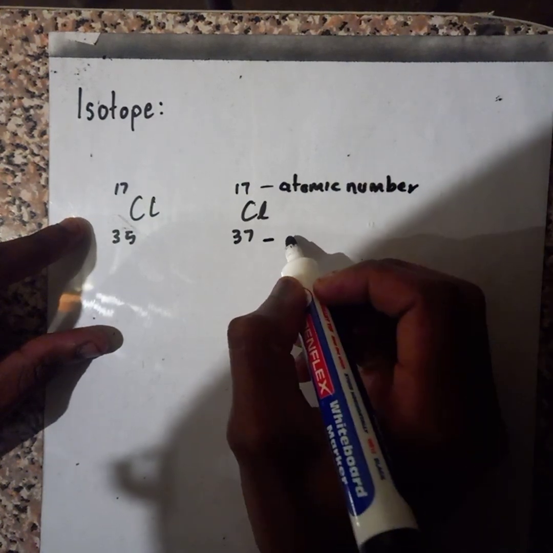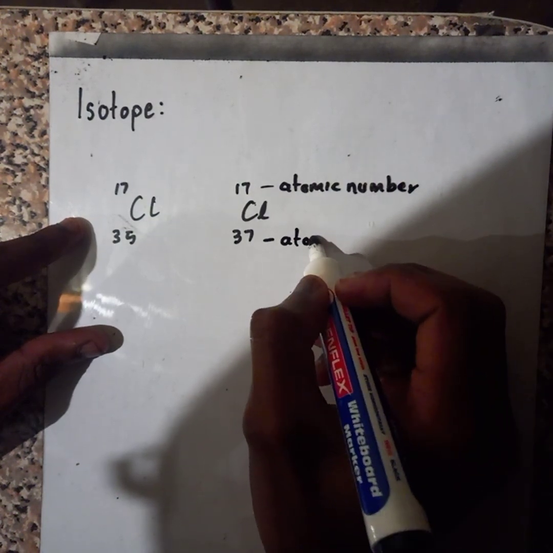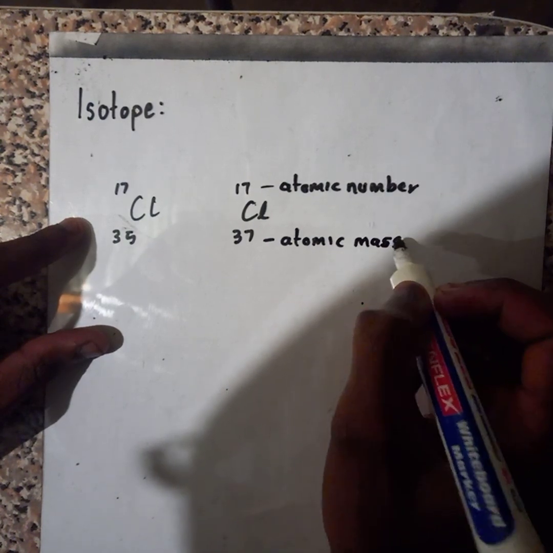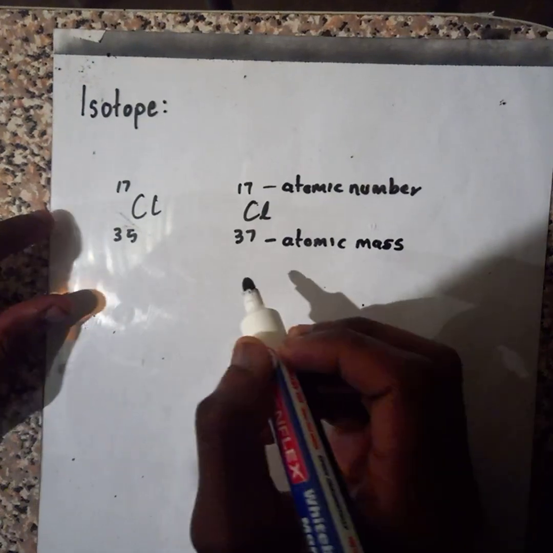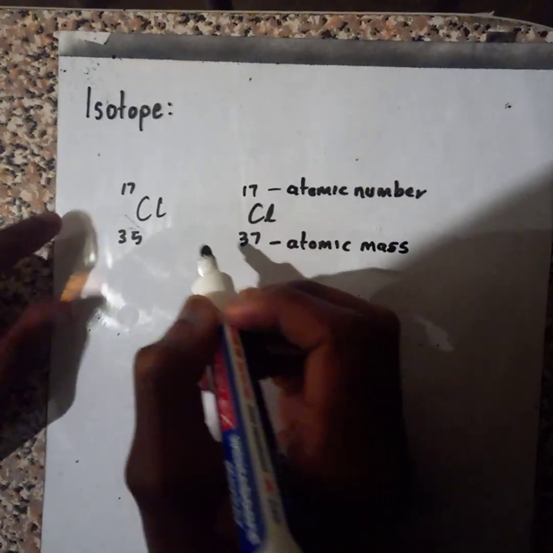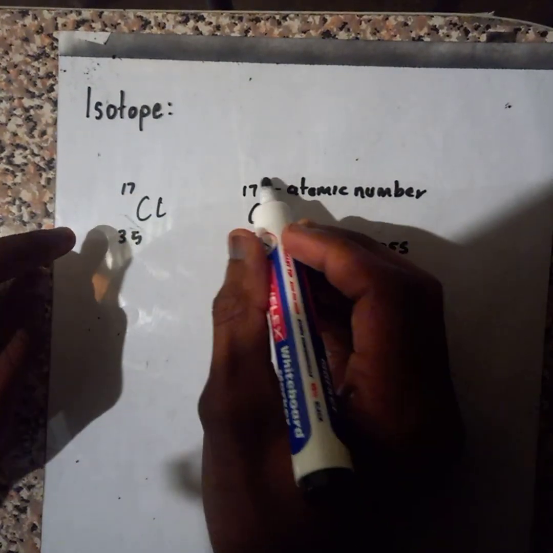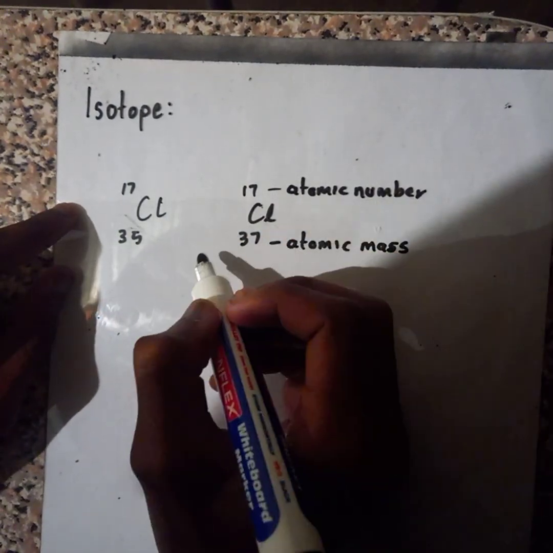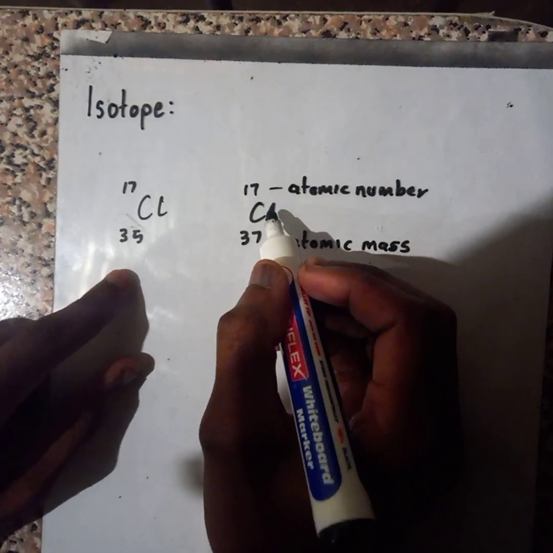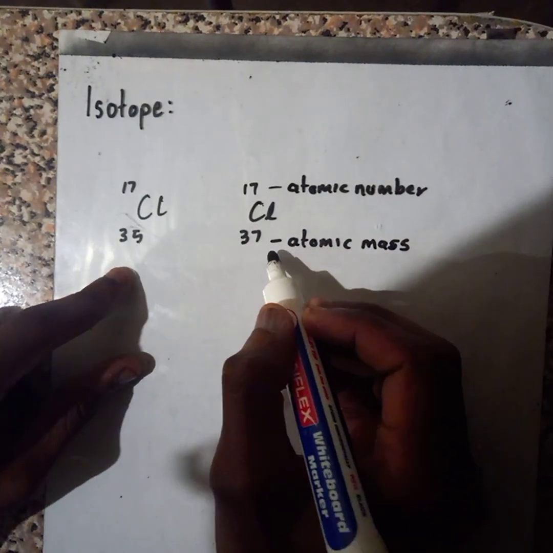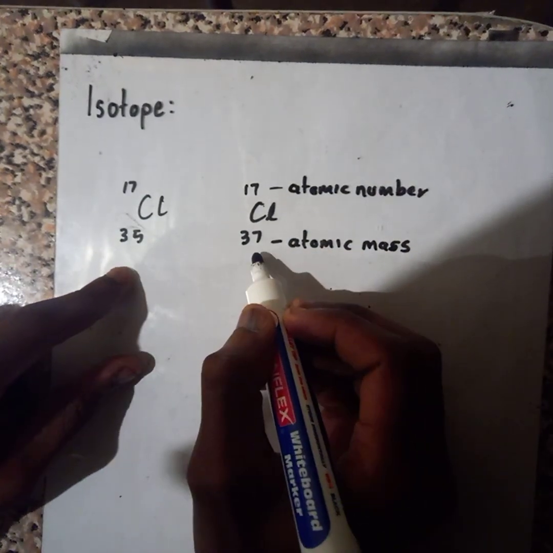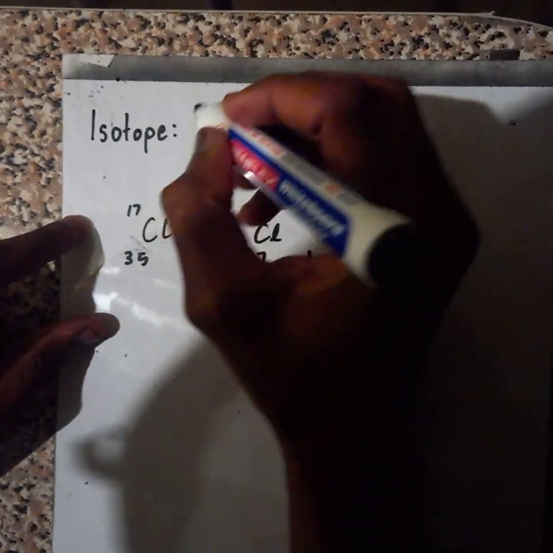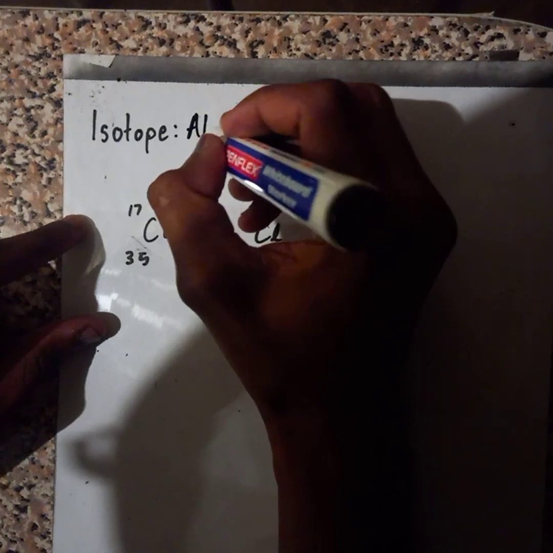We also have the atomic mass for each. If you can clearly look at these two, we have the first one and we also have the second one. The atomic number is the same for both, but if you look at the atomic mass, it's not the same. Then now the definition of isotope will be an atom